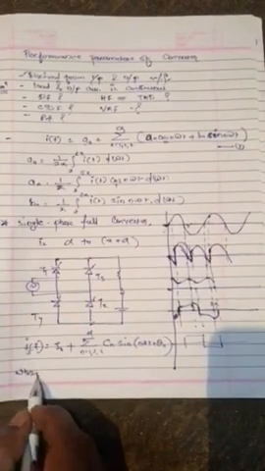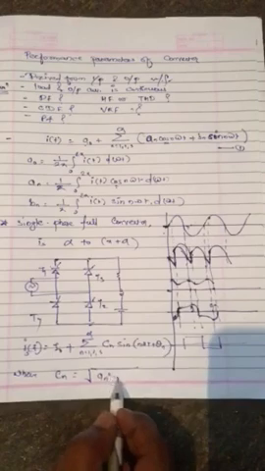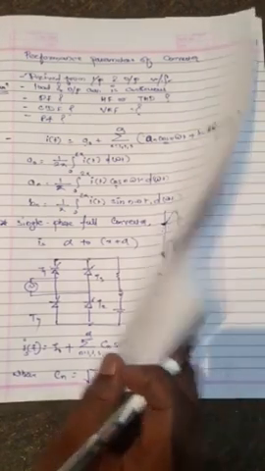Okay, what is Cn over here? Cn is nothing but under root an square plus bn square. And what is this theta n? As I said, you need a mathematical base to understand this. Theta n is given as, see here, theta n is equal to tan inverse of an upon bn. Right?